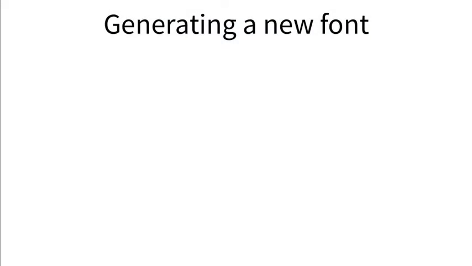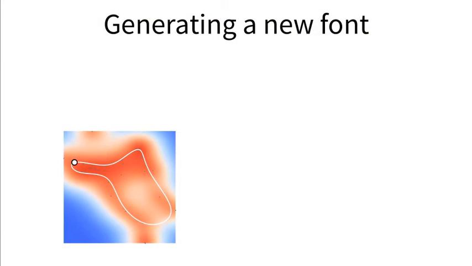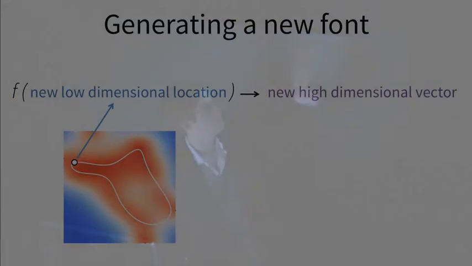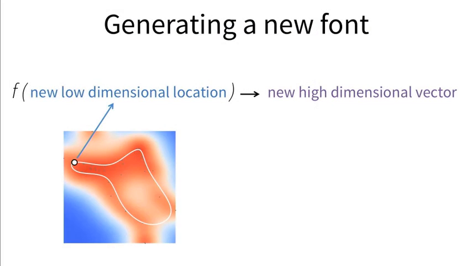And then generating a new font is really simple. We can take our sample on this point. That gives us a new low-dimensional location. We apply our mapping to it to get a high-dimensional vector, and then we can unravel the high-dimensional vector to get an entire font. In fact, that's the average font generated by this process. And if we do that, because it's a smooth mapping, as we move smoothly, we can smoothly interpolate between all the fonts, and every point that exists in this space is a new font. The closer you get to a gray dot, the closer you get to one of your training ones, and the further away you are, the more you've created a new font. But this is quite fun